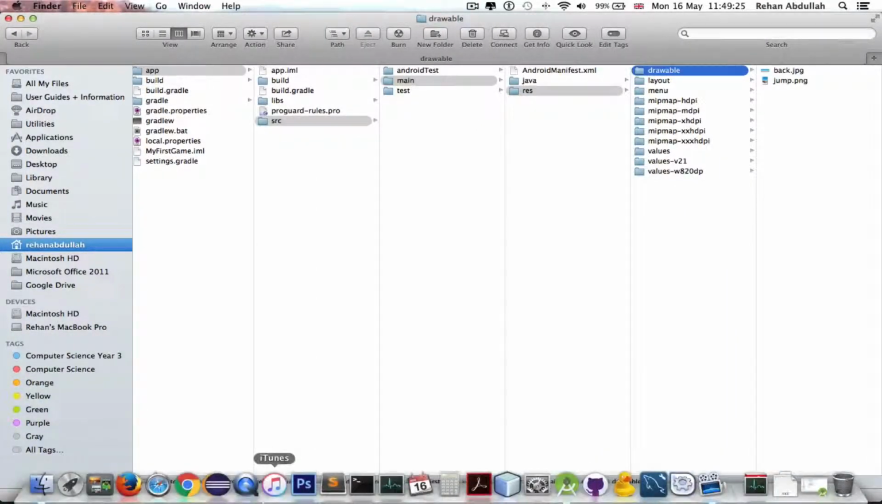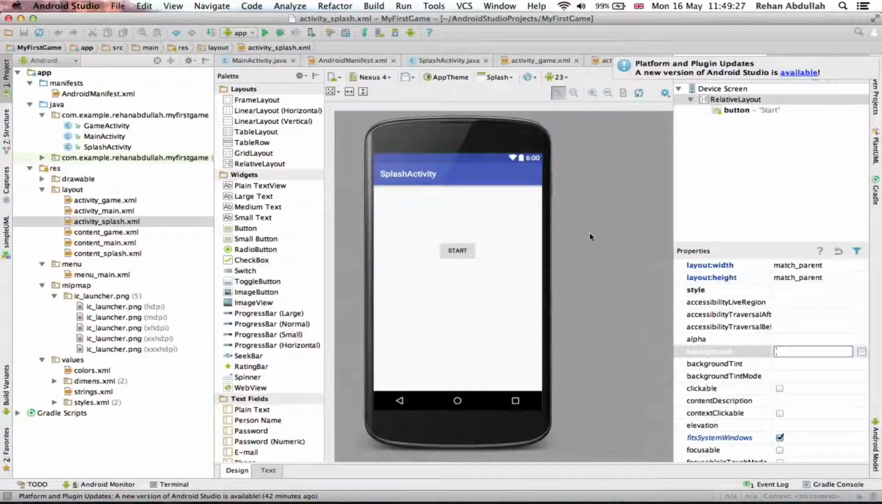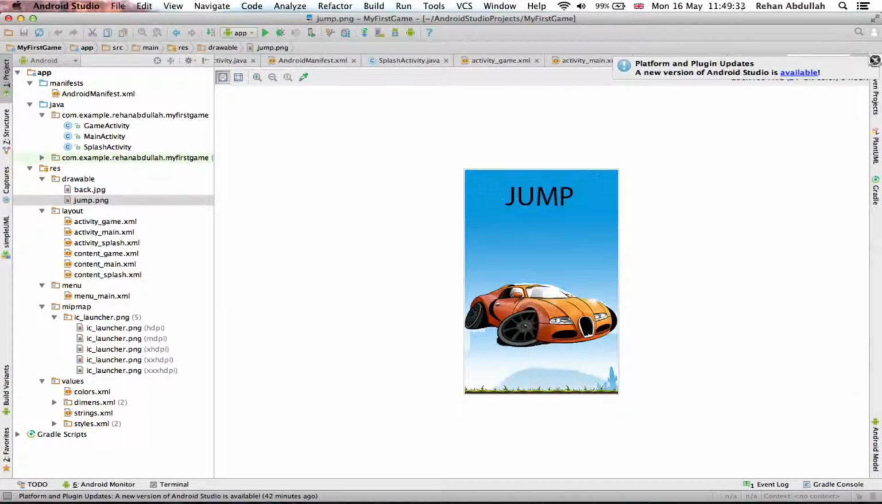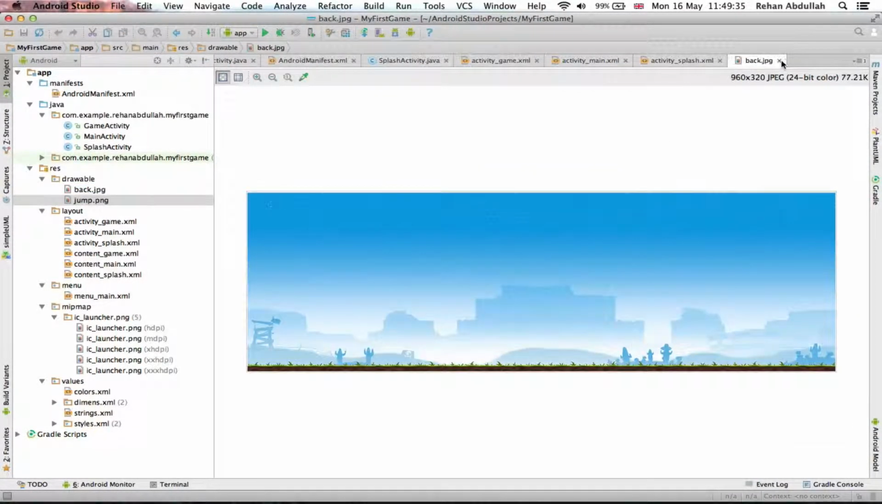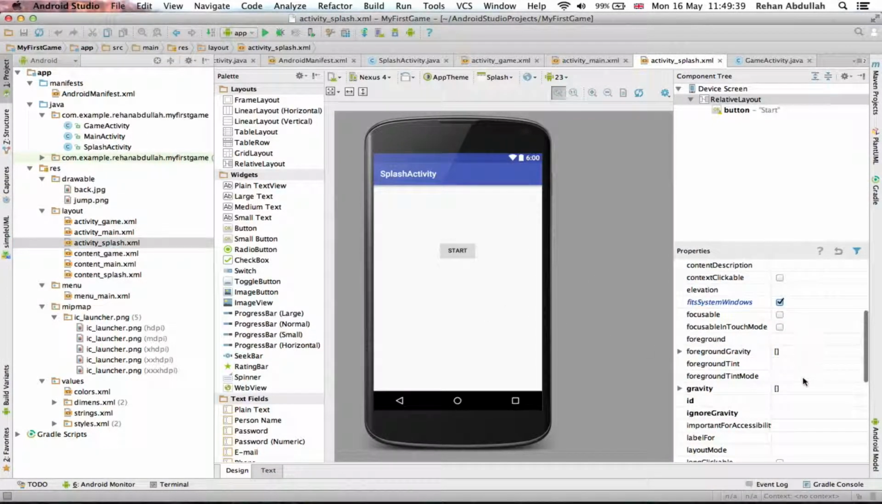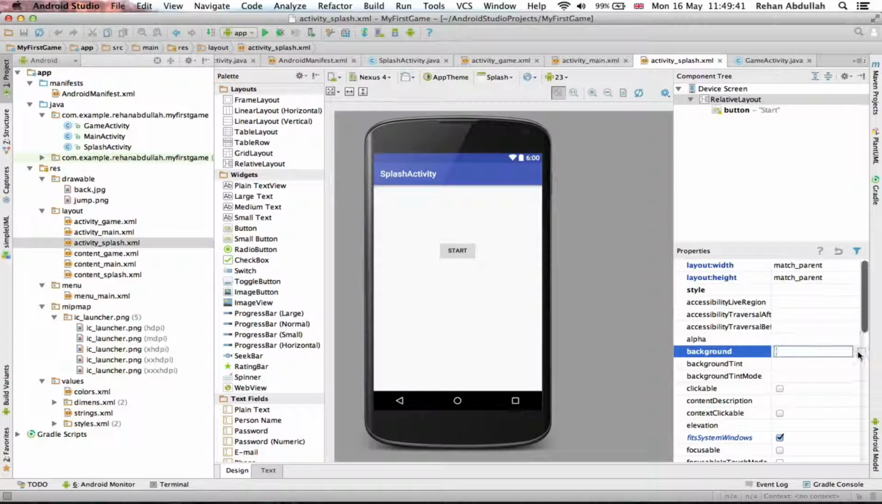If I go back to Android Studio, okay, so they're in the folder. If we just click this, you can see back and jump are in there. We'll just get rid of this, get out of this, go back to activity splash. Now we can go back to background wherever it was, so there it is. Go to here,